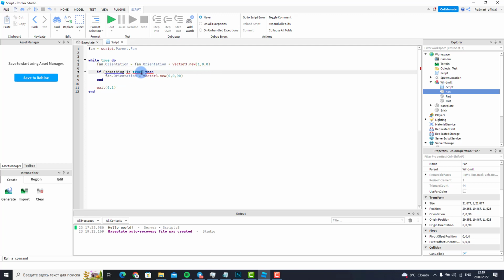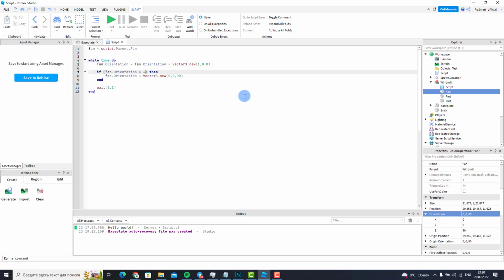So under which circumstances will we set it to the defaults? We'll set it if our x-coordinate of orientation is 89. So if fan.orientation, and the funny thing is that inside orientation we have 3 other properties like x, y, and z. So we can just check x without affecting the others. So we check if